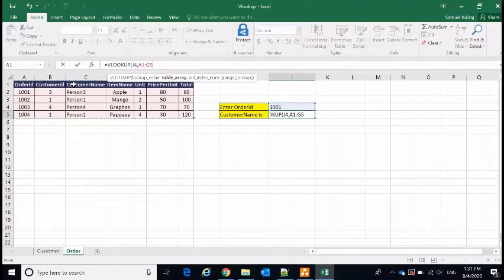You have to remember one more thing: VLOOKUP will find the lookup value in the first column of the table. That means we can search only the order ID in this table.